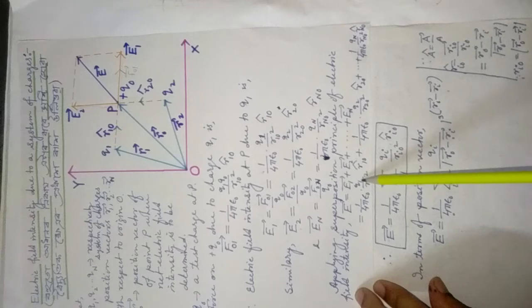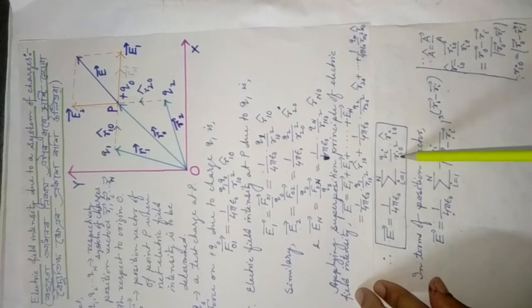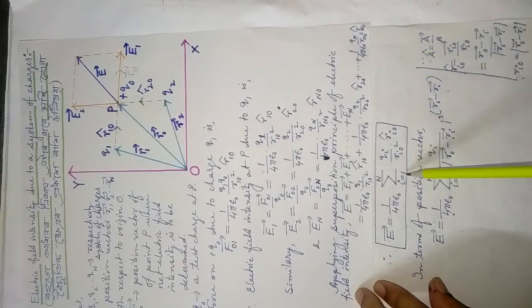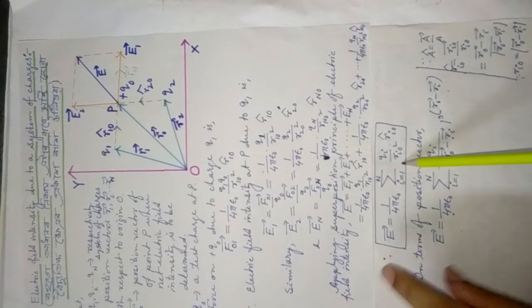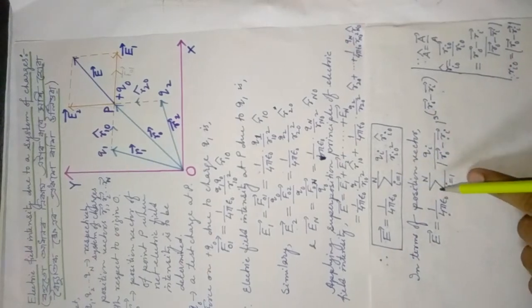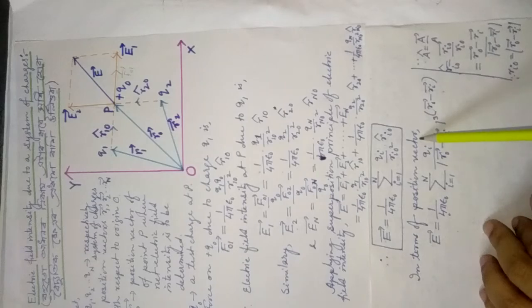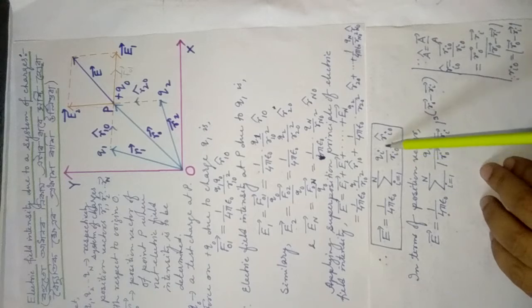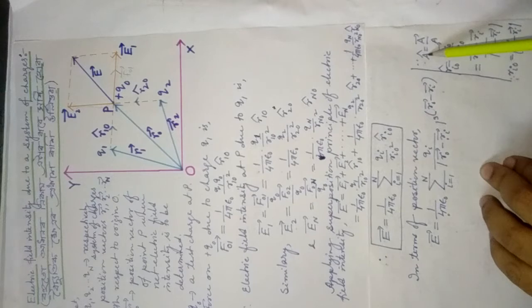That means what is repeating here? 1 to n. That's why i equal to 1 to n. Qi ri0, that means 1, 2, 3, the value of i will be from 1 to n. This is the net electric field intensity, but in terms of position vector, since these are not position vectors, how can you write it? r cap is what? Unit vector. All of you know that a cap, suppose this is a unit vector, is equal to a vector divided by its magnitude.